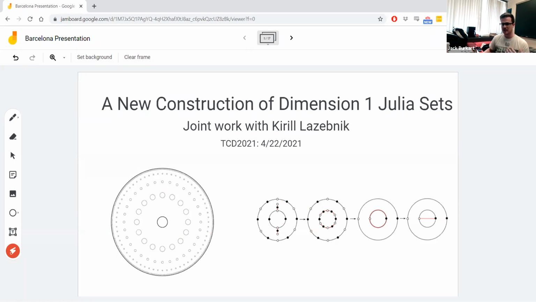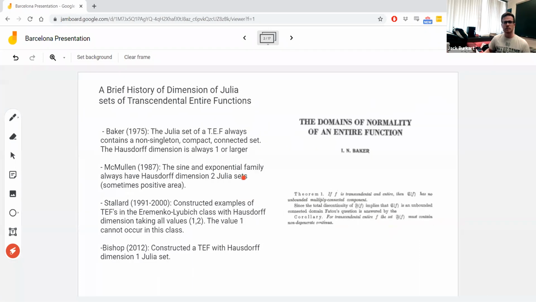I want to convince you that the pictures you can see using this interpolation technique can give you pictures like this. Once you believe that, the rest is some interesting details, but it's a lot of technicalities. I kind of want to thrust straight to the main point here, so I won't be saying everything in full generality. Without further ado, I always like to give a brief history, especially if someone hasn't attended one of my talks before. So here's a brief history of what we know and when we learned it